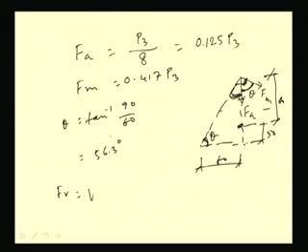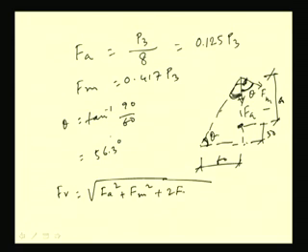Resultant force will be Fa square plus Fm square plus 2 Fa Fm into cos theta. So, from this formula we can find out the resultant force in the extreme rivet. So, resultant force in the extreme rivet,